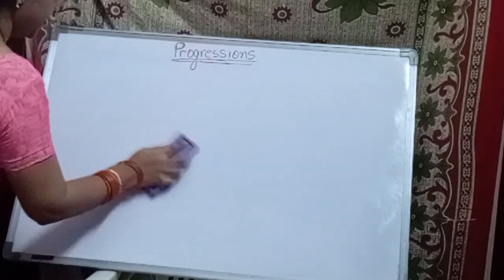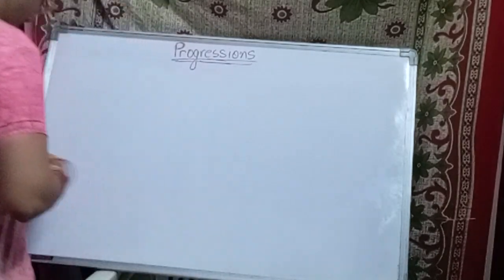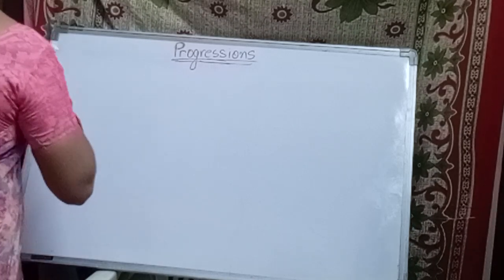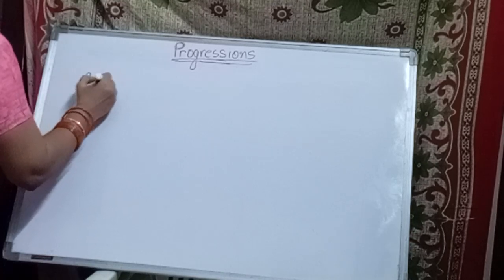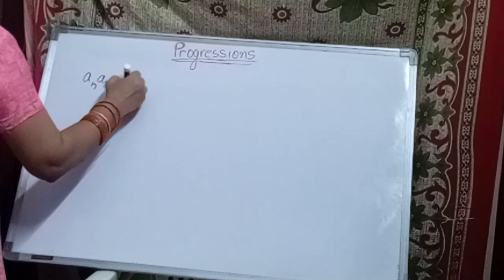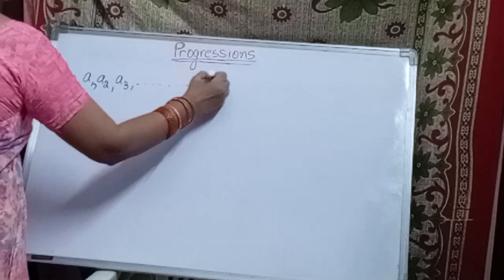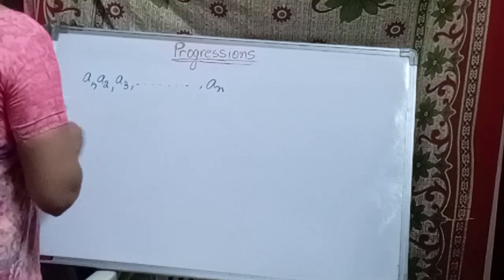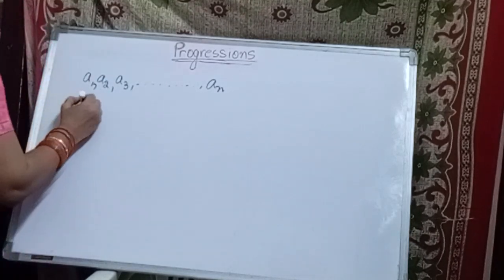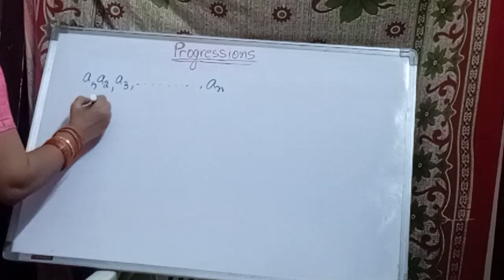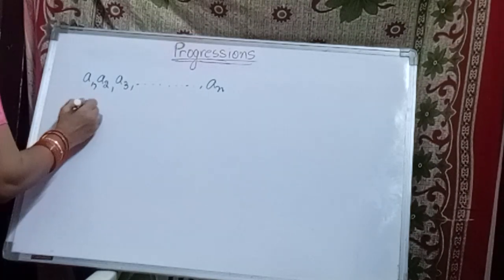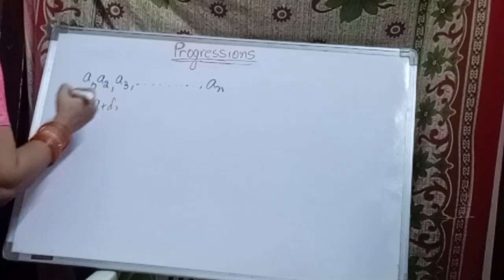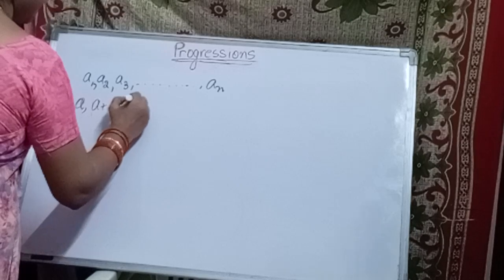And the last topic in this, here is how we write the arithmetic progression numbers: A1, A2, A3, and so on up to An. How are we getting each term? A plus, the first one is A, and how do you get the next term? A plus the common difference, right? Next, A plus,